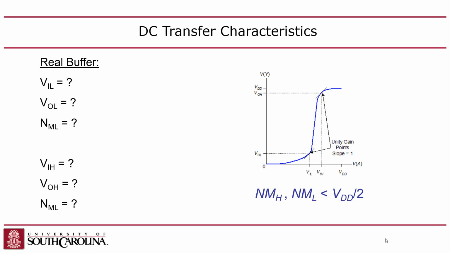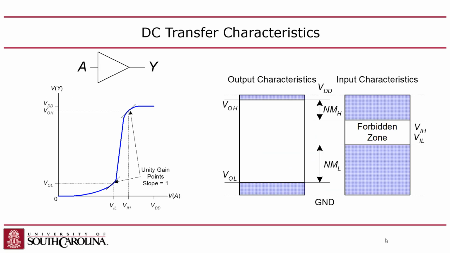So, in other words, if you calculate the difference between VIL and VOL, that is your noise margin for low, NML. I guess there isn't a V there. So NL, noise margin low, right? And then likewise, the difference between VOH and VIH is your noise margin high, which means that if you look at the gate,